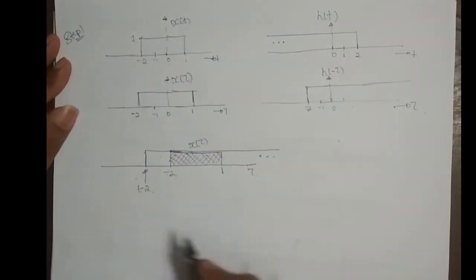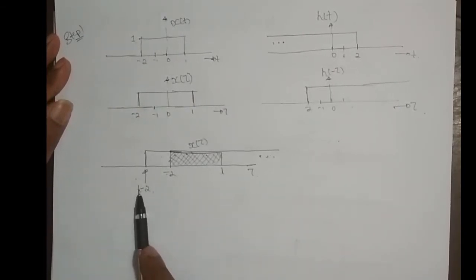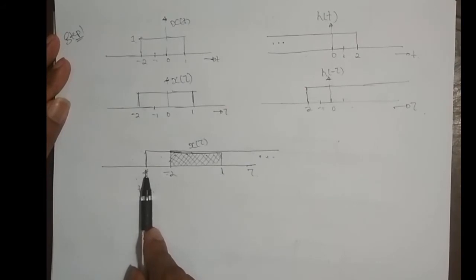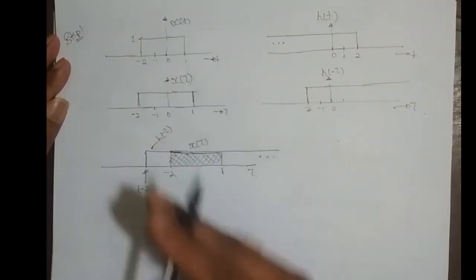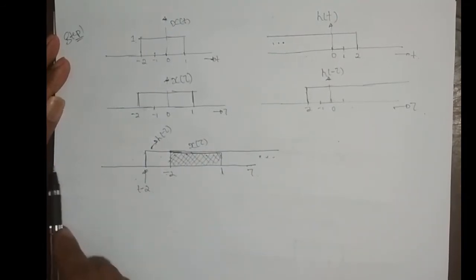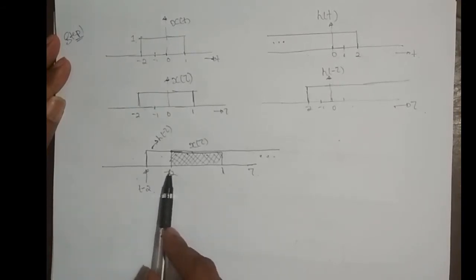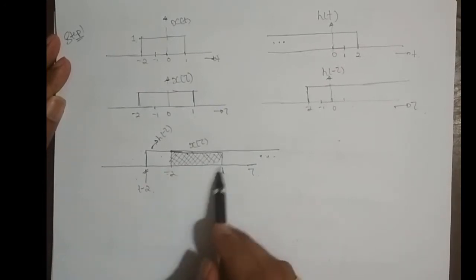So the thing is, this is t minus 2. If I take this sequence, this t minus 2 slider is nothing but, I am taking this h of minus tau signal, and if I keep it at minus infinity and move on, from minus infinity till just before minus 2, the overlap portion does not change. It remains the same, right?